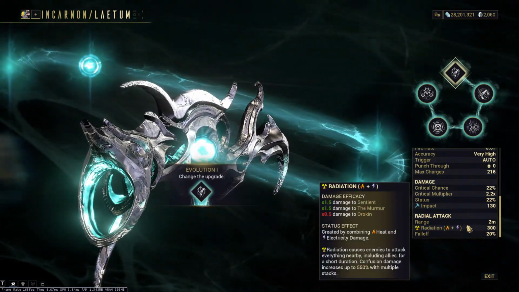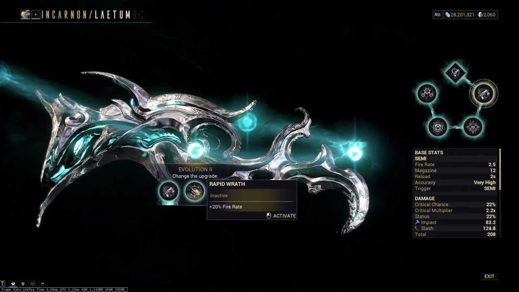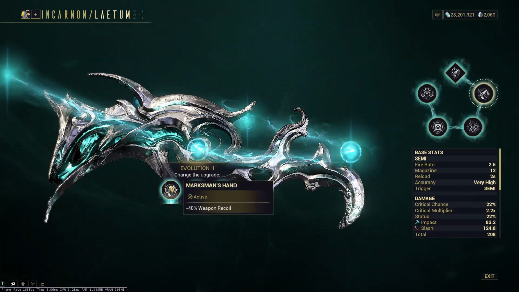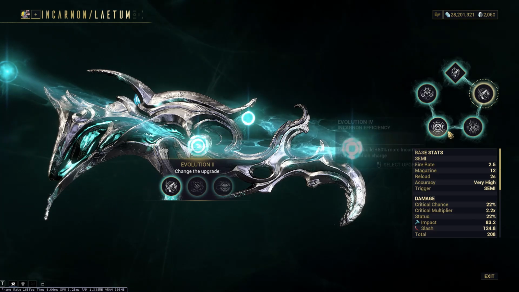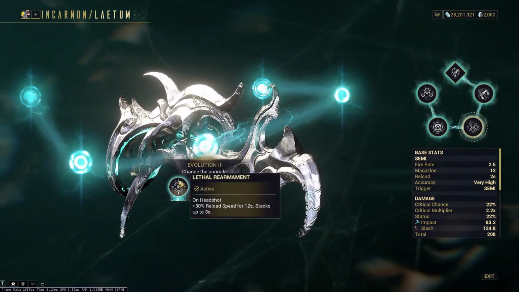Evolution 2 has 3 choices: minus 40% weapon recoil, 20% fire rate, or 50% movement speed while aiming. For me, the best option is weapon recoil because this weapon does kick quite a lot without it, so this is recommended. Evolution 3 also has 3 choices: on headshot plus 30% reload speed for 12 seconds, stacking up to 3 times,